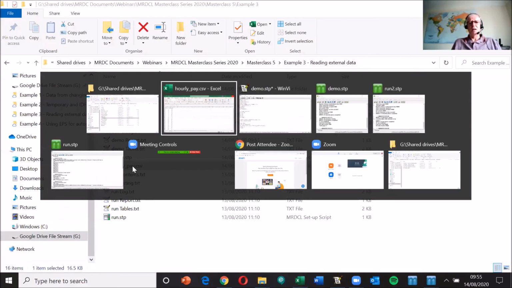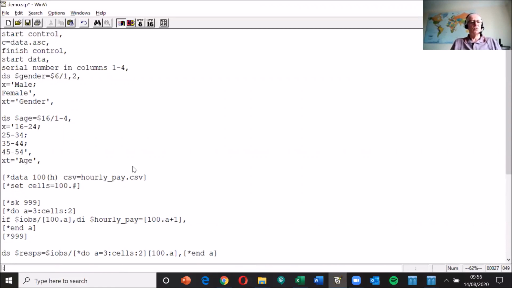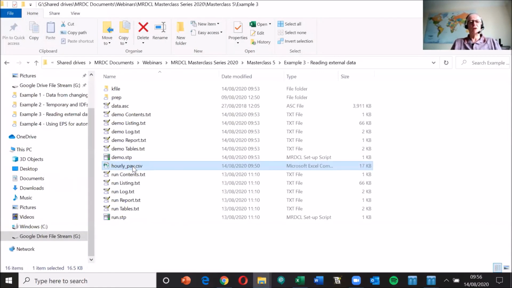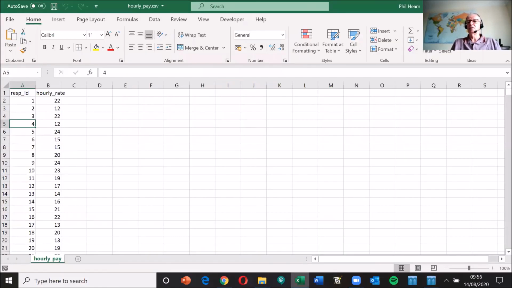So let's see how we can do that much more efficiently. So if we say ds$resps equals $iobs, now we can build our loop. So we can say do A is 3 to cells in steps of 2, and in here we can pick it 100.a. Whoops, I need a comma, and end A. So basically that's just building me a list of all the serial numbers in a variable called resps. Let's look at it, make sure it's working. Let's shut hourly pay.csv,